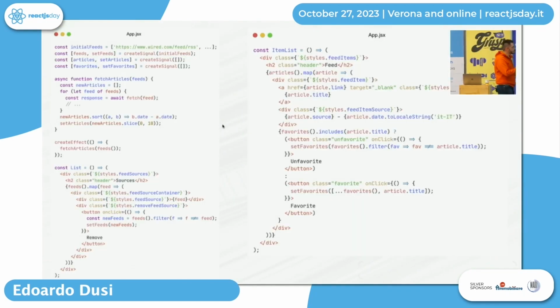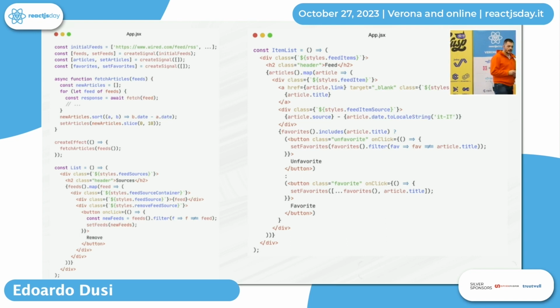And let's see the code. This is, I would say, more similar to what we saw on Preact with signals. The syntax is a bit different, but the concepts are the same. So I have a signal that I can create passing default, initial values.